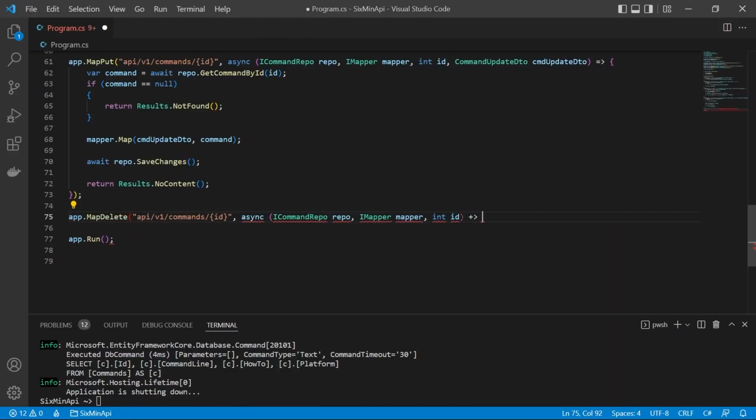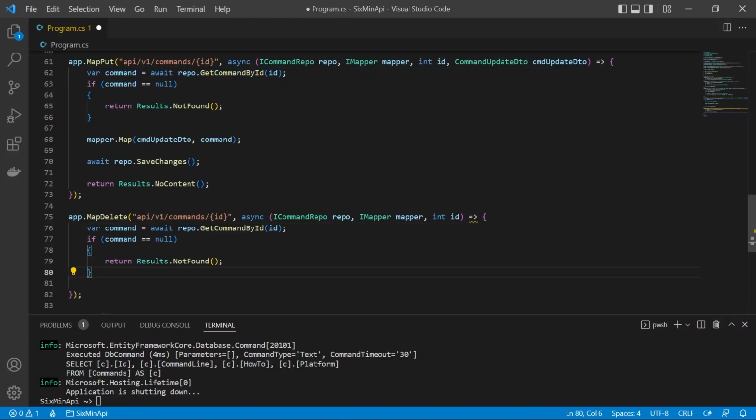Close that off, goes to, open curly brackets, close off the round brackets, add a semicolon as usual. So again, we're going to this route here to delete this resource, and we're expecting that passed in. Hopefully makes sense. And then we will do exactly the same thing here. So I'm just going to copy this